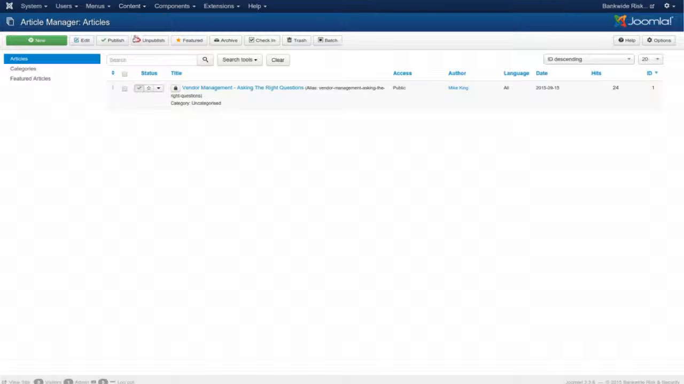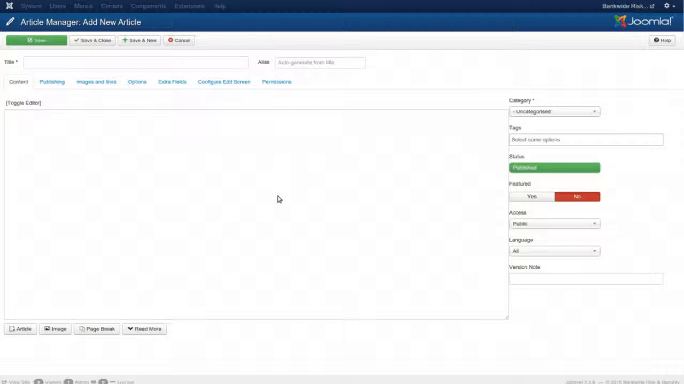Alright, and let's add a new article. Now you will notice that the editor didn't load automatically. This is so I can put my HTML in here if I want to. And we're just going to type out hello world. Alright. But now if I want to see that here,